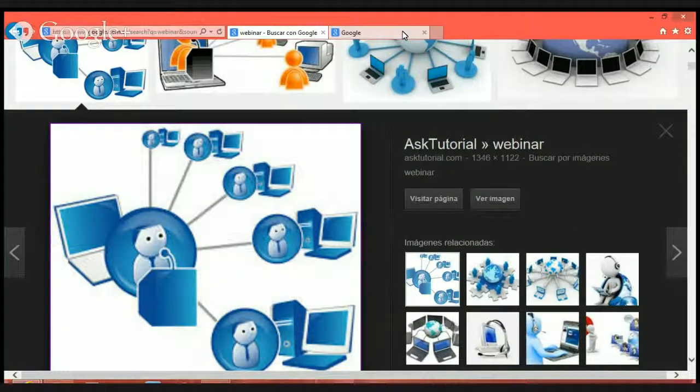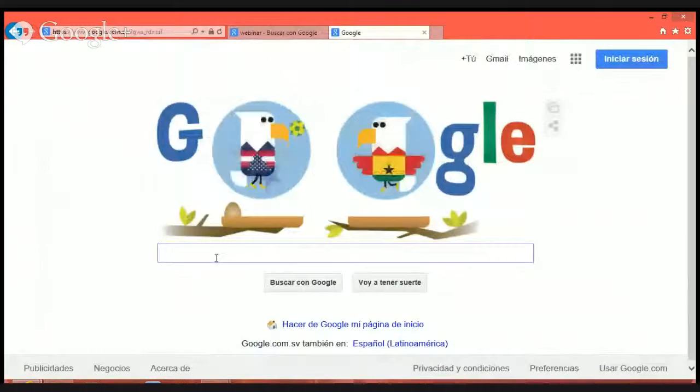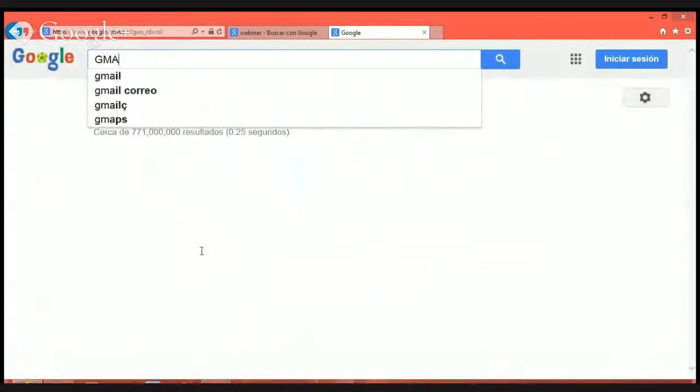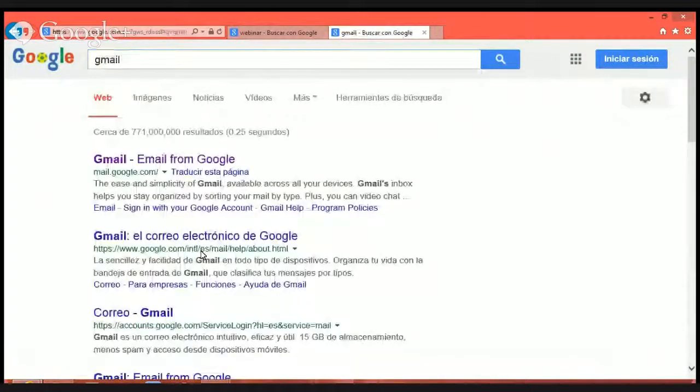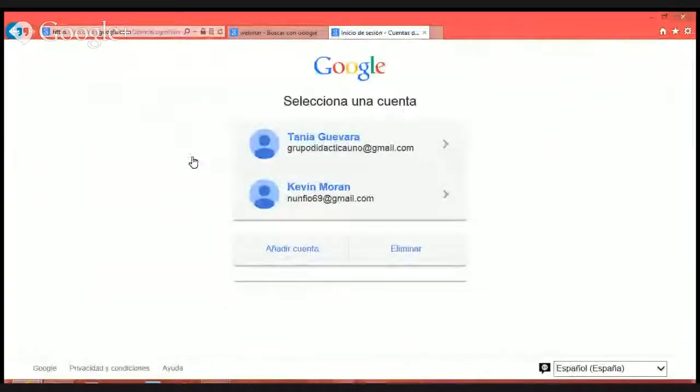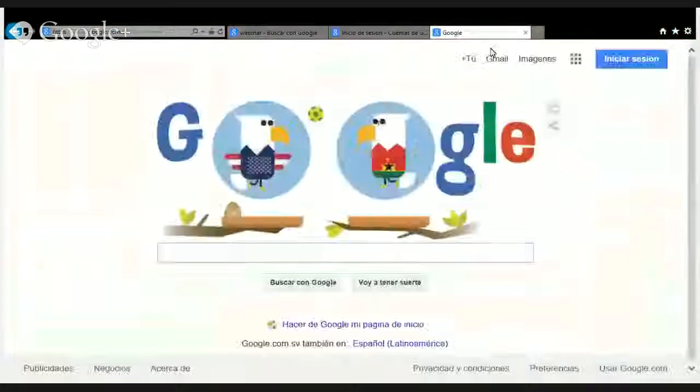Now, the first step that we need to have is the Gmail account. So we are going to search for the Gmail homepage. Since I already created one, we are going to skip this step and we are going to open a new tab